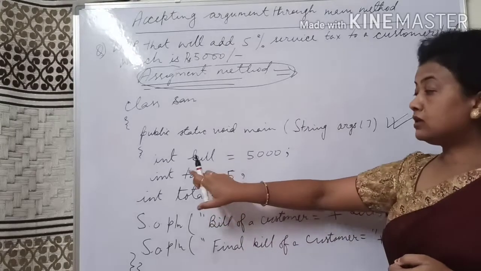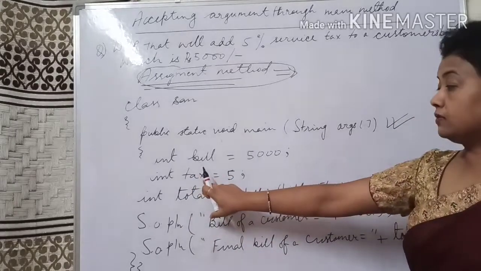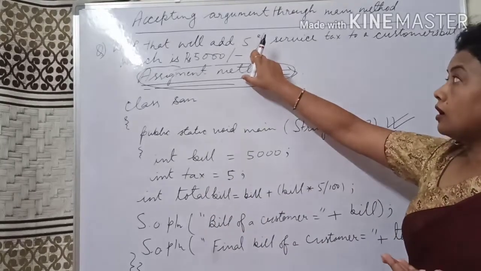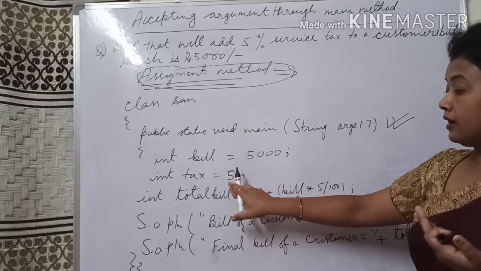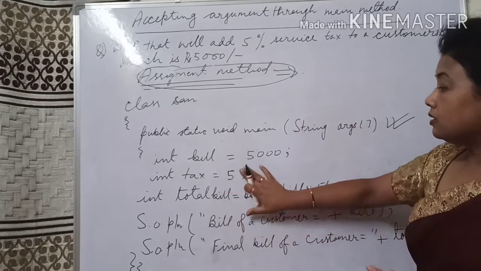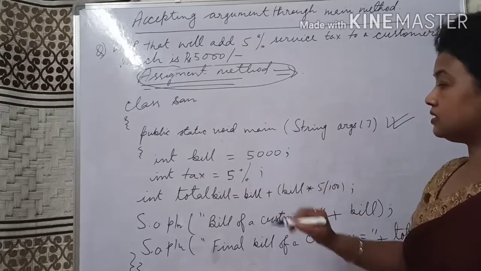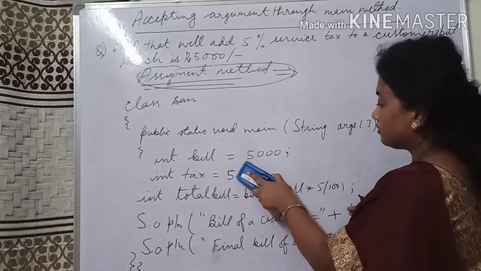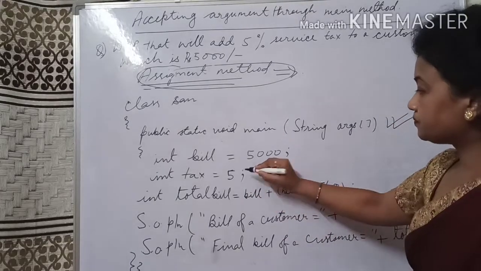For this, again the data type I have chosen is int, and tax is the name of the variable, and according to my question, what is the amount of tax assigned? The tax is 5%, so I'm writing here 5. Make sure that you will not assign values like this, 5%. This is wrong. You have to be very careful when you write a program, and we cannot use any type of symbol and all this type of things.